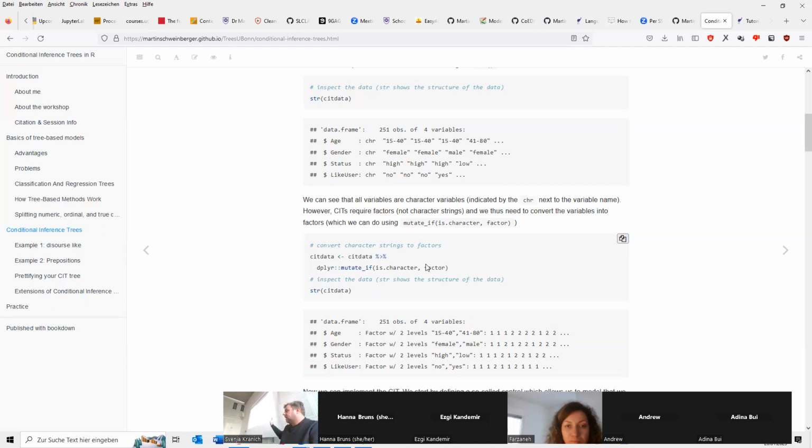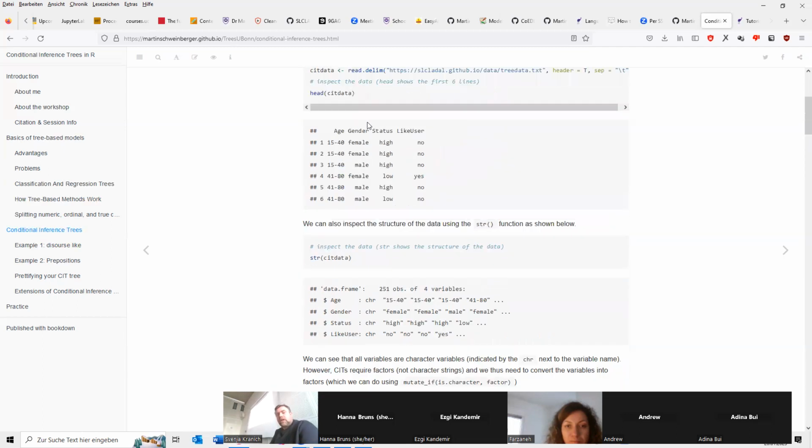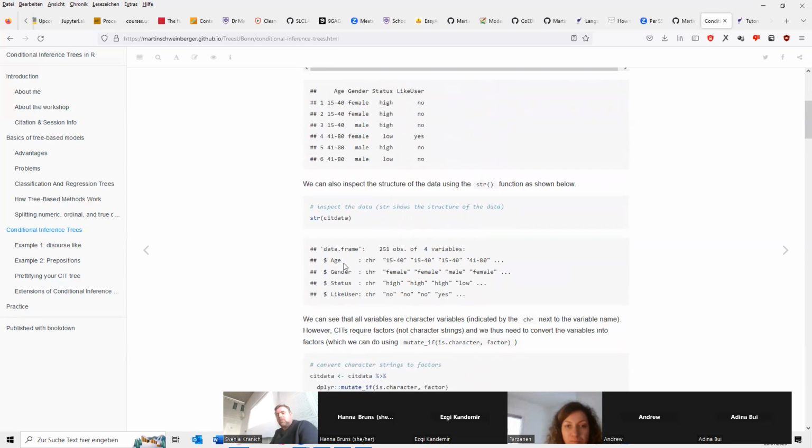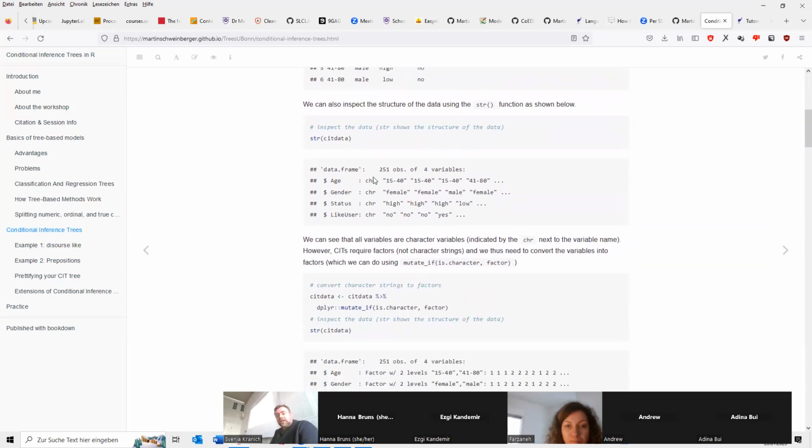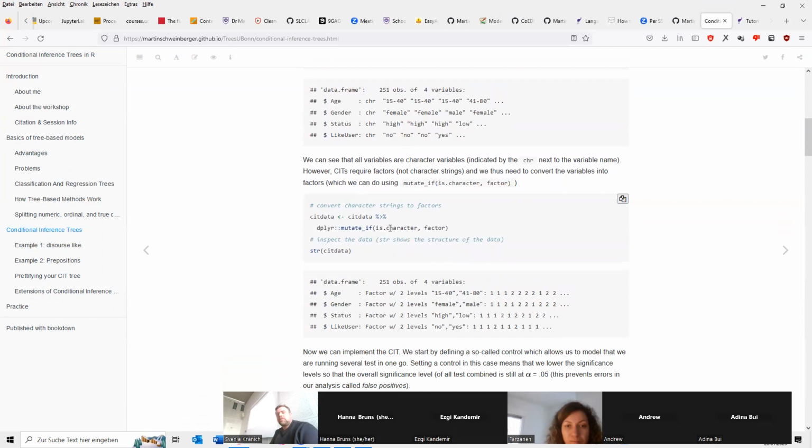Again, don't worry about it. I completely understand that that is new and you won't be able to implement that, right? But I need to explain to you the different steps that you need to go through when you do an analysis, right? So here we first load the data. We then check out what it looks like. We check the structure of the data. And here we would see, okay, characters, we can't really work with characters, so we need to mutate them